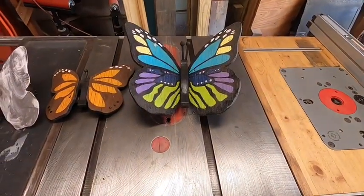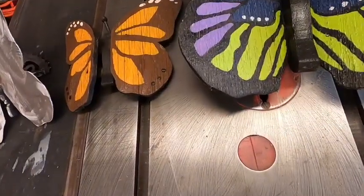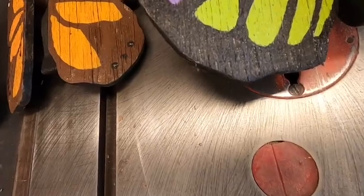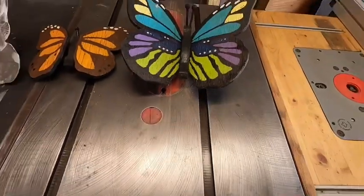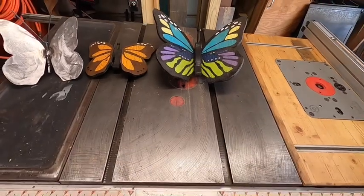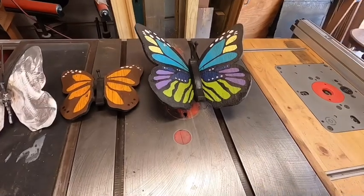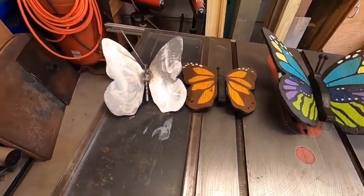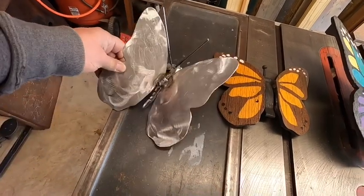We've had these things for years, and while they might look pretty good on camera, as you can see up close, they're getting pretty weathered. They were made pretty much just out of plywood years ago. They've lasted for quite some time, and what we're going to do is replicate the big one like we did the small one. As you can see, I've already made the small one, and it is a metal